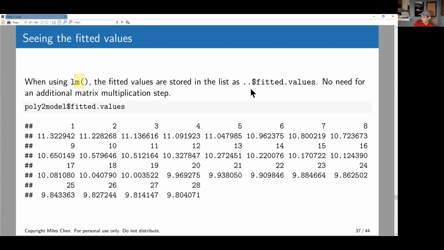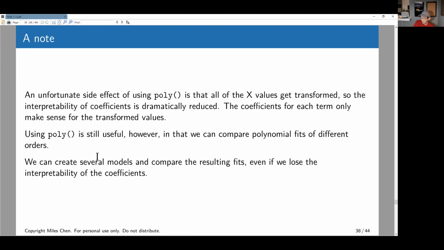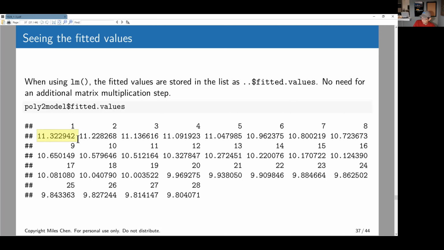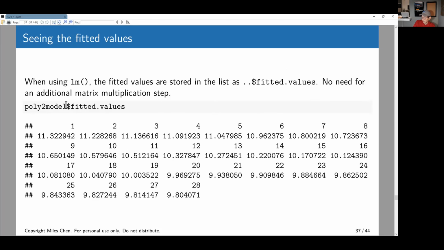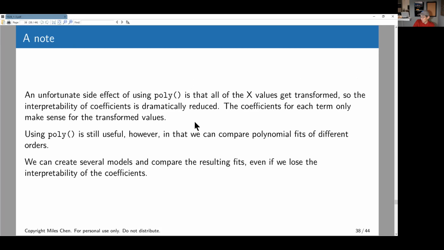So we can do LM $fitted values. There's no need for any kind of matrix multiplication here because it's all stored when we do LM. And so these are the fitted values. And if we look at these fitted values, 11.322 and 11.228, these are the same fitted values that we got when we did a quadratic relationship, 11.322, 11.228, 11.1366. These are the same values that we get when we fit a quadratic relationship. Okay, so again, an unfortunate side effect of using poly is that because all of these X values get transformed, the interpretation of the coefficients is a lot harder. Okay,